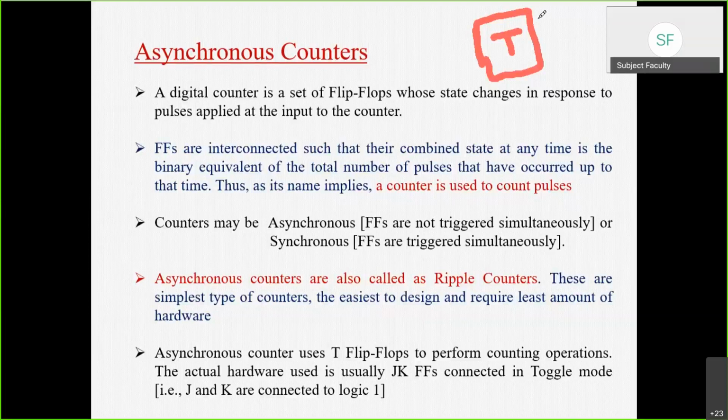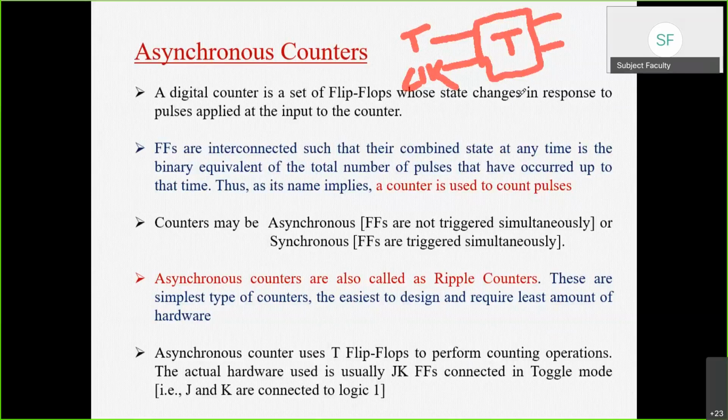So output, we know that every flip-flop will have two outputs only, Q and Q bar. Both are complements of each other, and the input will be only one. One input will be T, that is the toggle input, and another input, it is not actually an input, but we will call it a clock. So T and clock, these are the inputs to this T flip-flop.